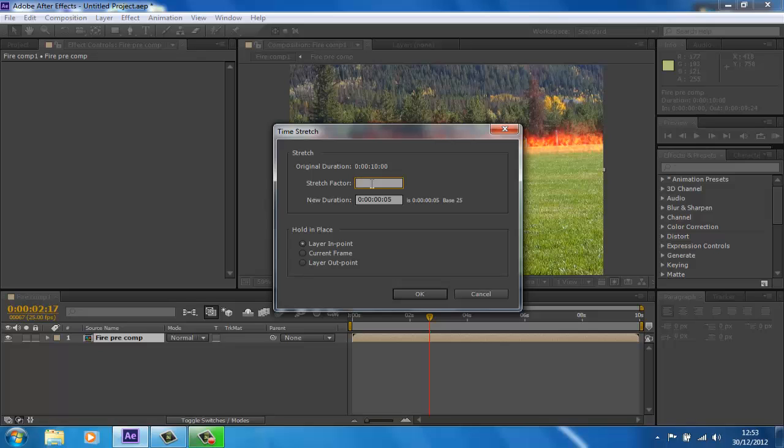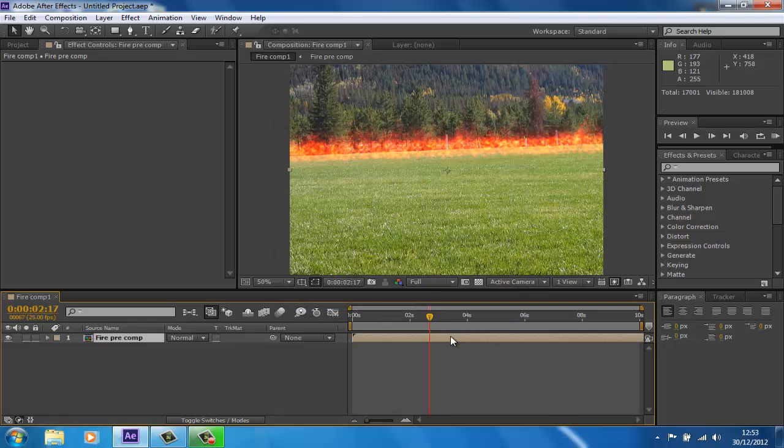So for this demonstration, I'm going to change it to 300, which will then change it from a 10-second video to a 30-second video. And make sure layering point is selected. Press OK. So it still remains 10 seconds, but it's stretched it over a 30-second period. So this is 10 seconds of a potential 30 seconds. So then if you run preview that again,